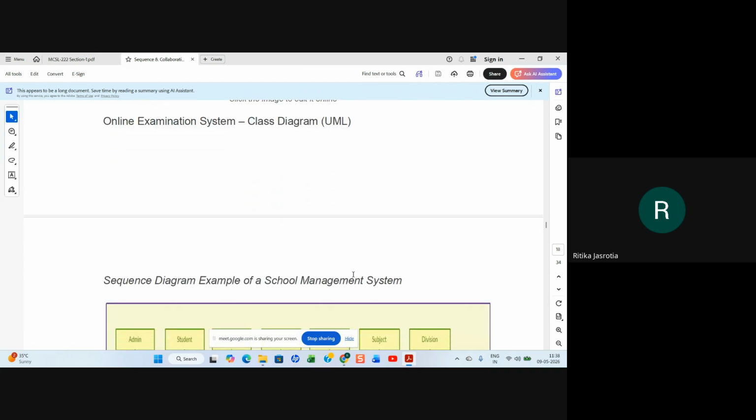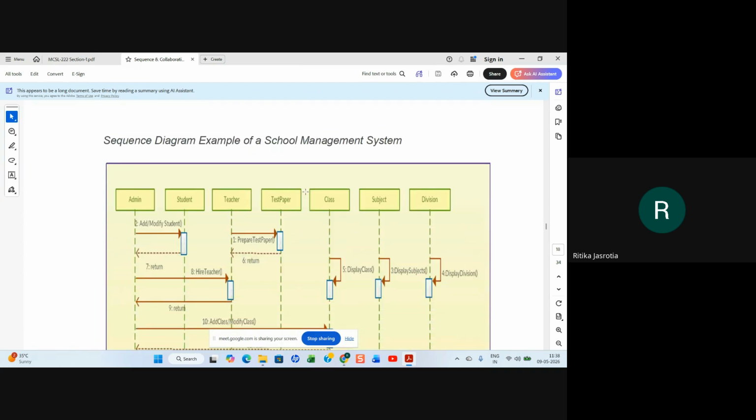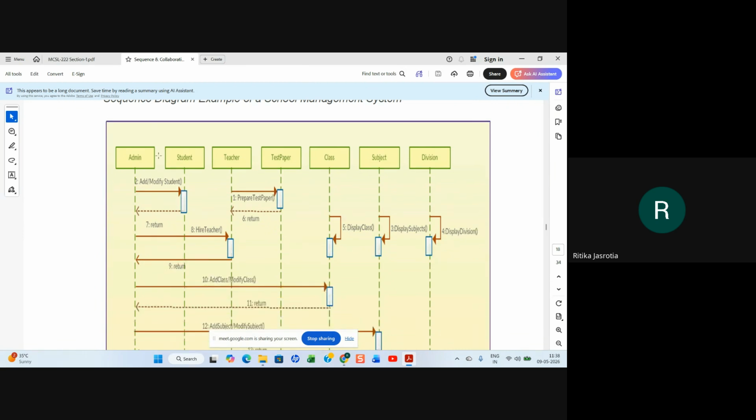Then they have made a school management system. In the school management system, they have admin, student, teacher, test paper, class, subject, and division. The admin adds or modifies the student, and he gets a return message. Then the teacher prepares the test paper, and again a return status is given to him.